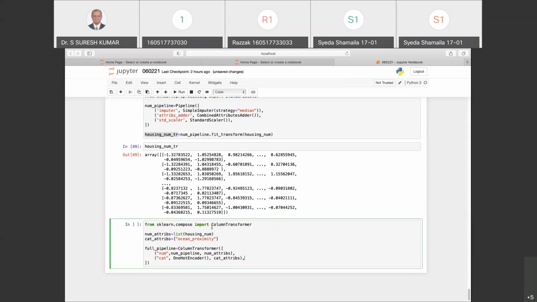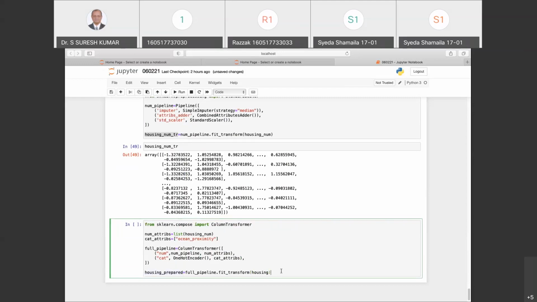Now I would just call my housing_prepared, which is nothing but my full_pipeline.fit_transform of my housing. Now you just call back this housing_prepared and see what you're getting.